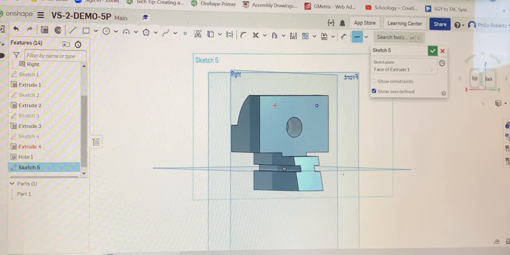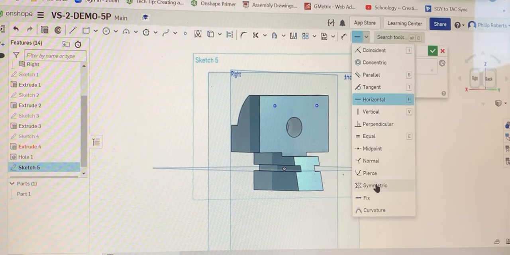I think I just did. Okay, and we want to make them symmetrical about